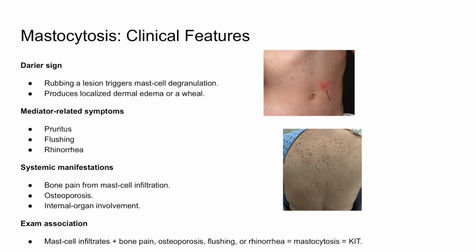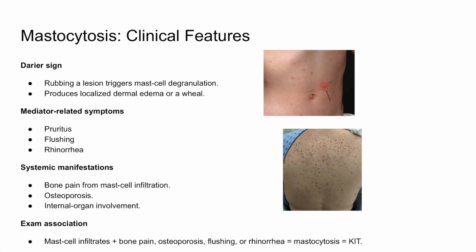A classic finding in mastocytosis is the Darier sign. Rubbing or scratching a lesion triggers mast cell degranulation, causing localized redness, itching, swelling, or formation of a wheal. Mediator release can also produce generalized pruritus, flushing, abdominal cramping, diarrhea, hypotension, or even anaphylaxis. Systemic infiltration may cause hepatosplenomegaly, cytopenias, bone pain, and osteoporosis. Serum tryptase can help